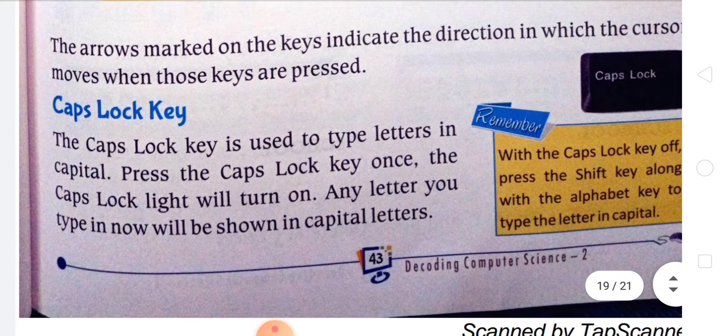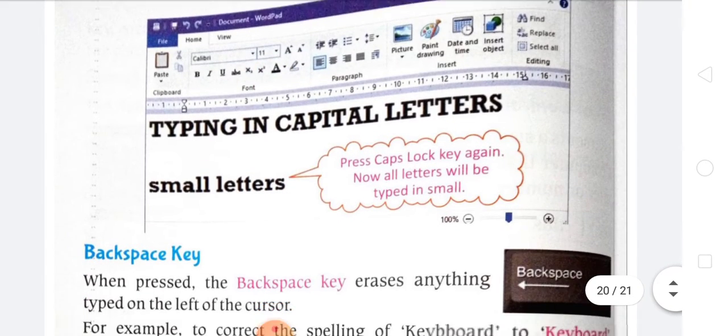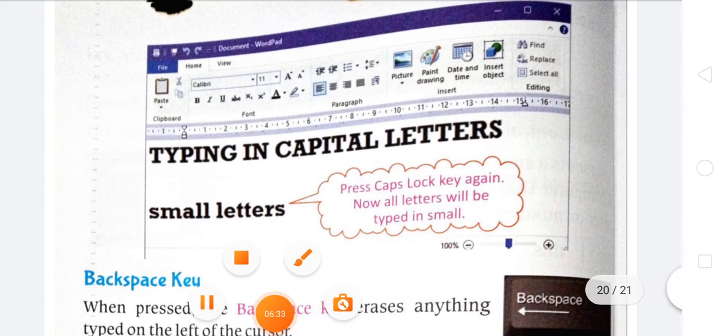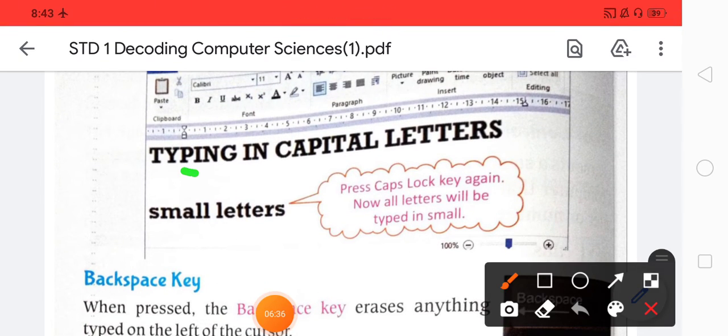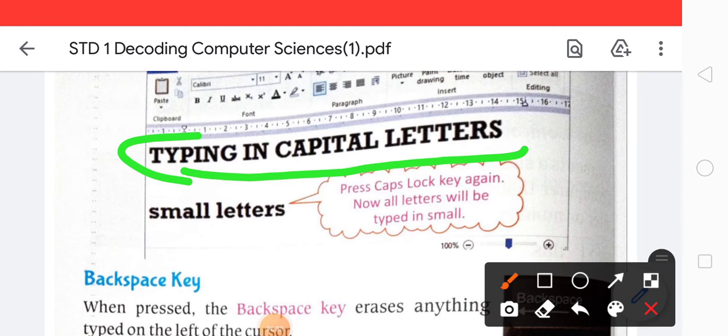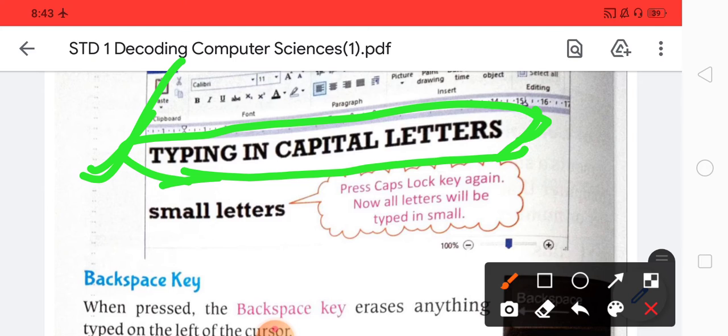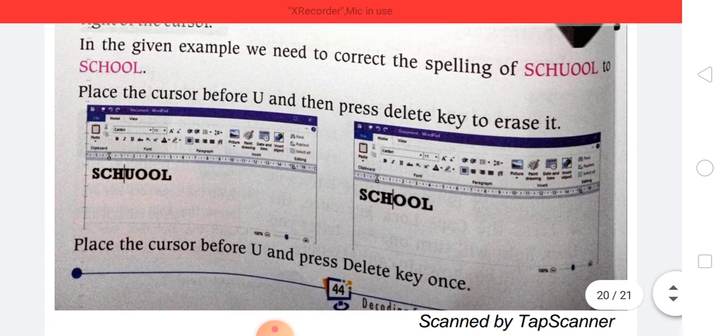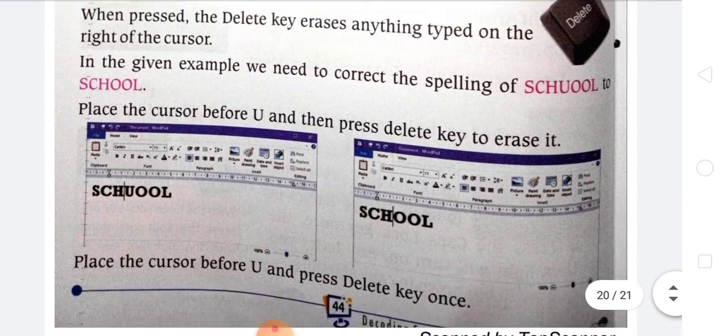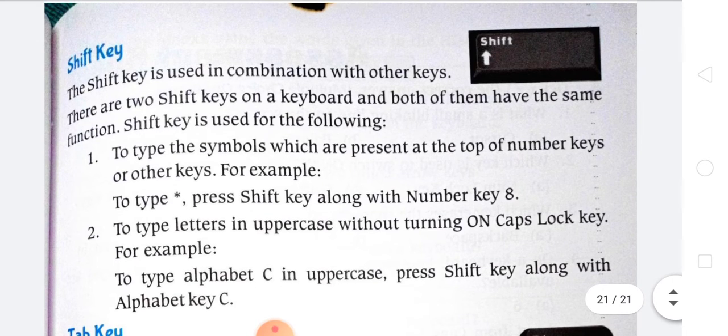Then we learned about the caps lock key, and you may see that this sentence is typed with the help of the caps lock key. Then the backspace key and the delete key, we already saw about these.